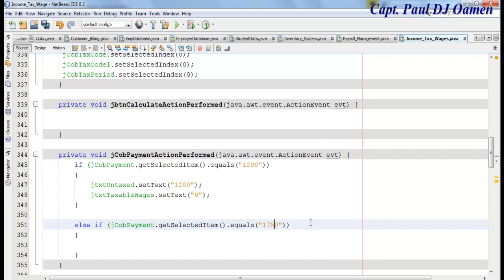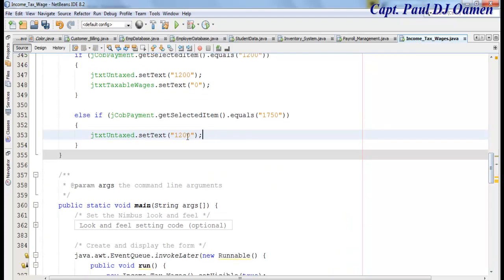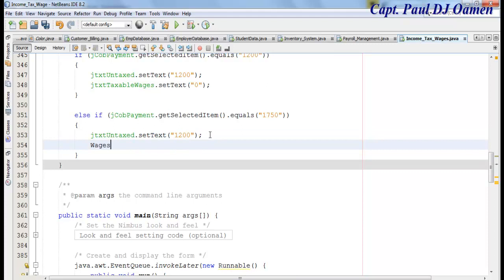Now we have to do some brief calculation. So copy this, paste it right in here, because the worker or the employee is entitled to 1,200 before tax. So in here I'm going to say wages equals double dot, let's say pass, so that will be pass double,